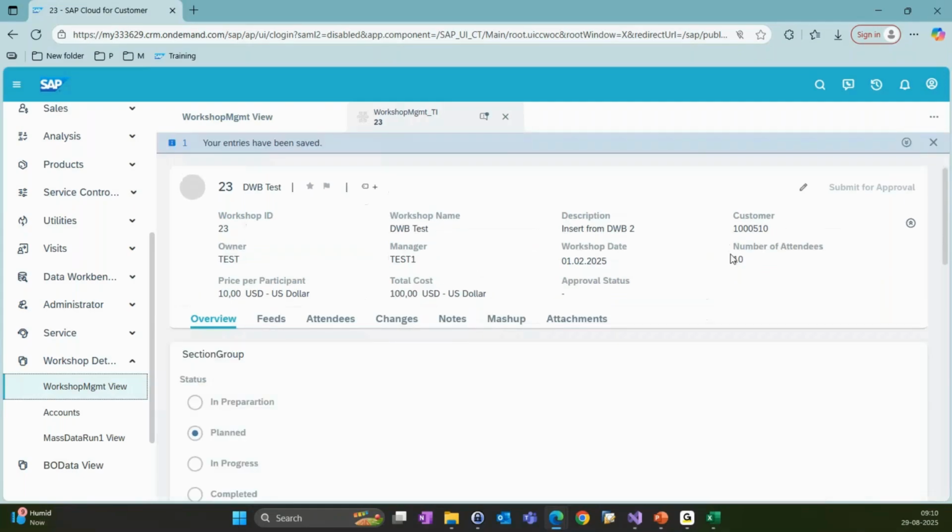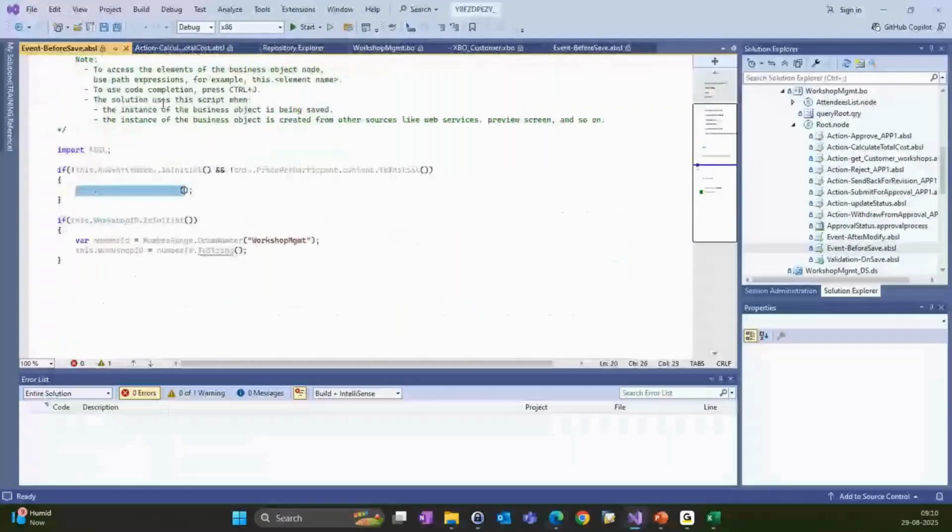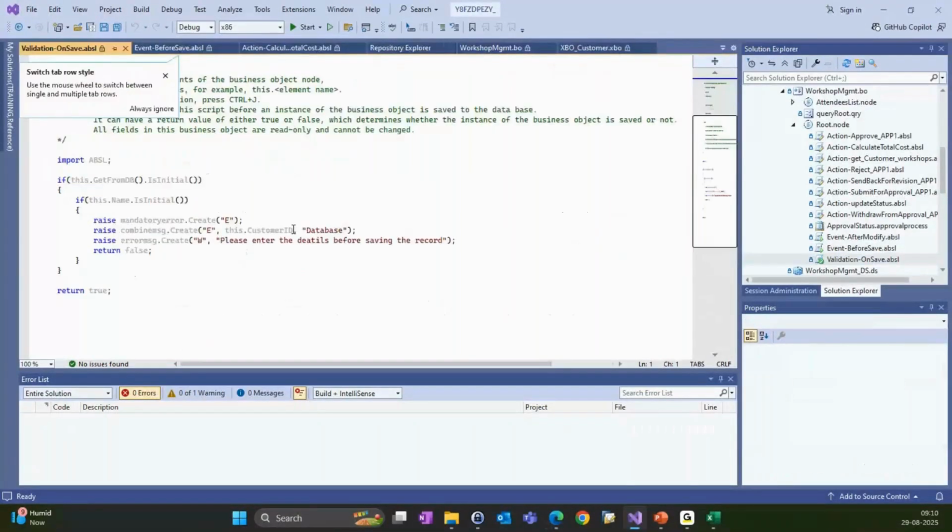So once we click on save, this before save event script will trigger. From here it will go to this, and it will update this total cost content. Validation on save, yeah, we have a custom one. Okay, so here we have written some validation. From validation on save, you can see this return statement is mandatory. If we don't write this,